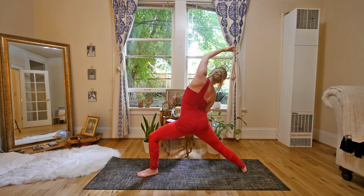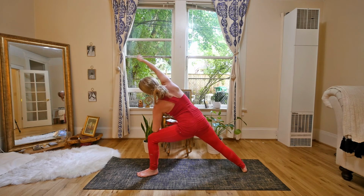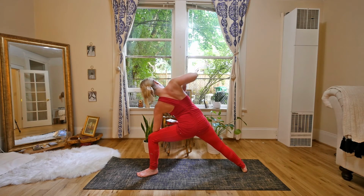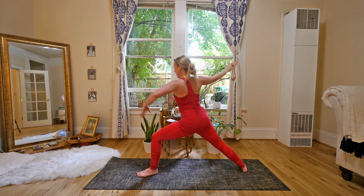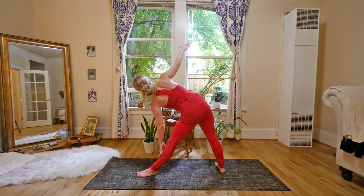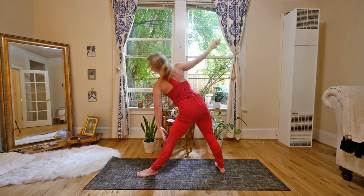Breathing. And coming back into a beautiful side angle, tracing the fingertips along this broad, beautiful horizon to open up through the psoas and the side body. Getting long through the side waist. And then coming back into our beautiful triangle. For a moment, reversing,